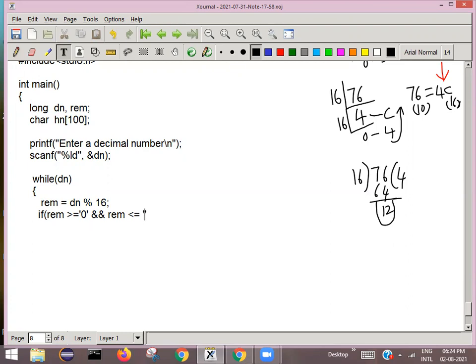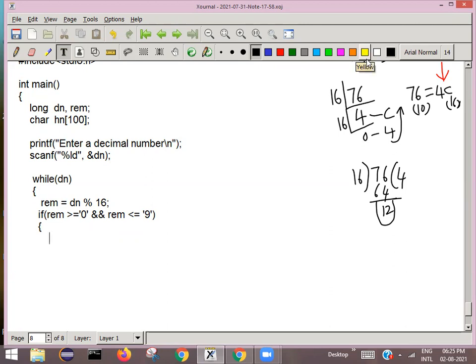So if it is between 0 to 9, what you need to do, just think of it. But it is stored as a character here.